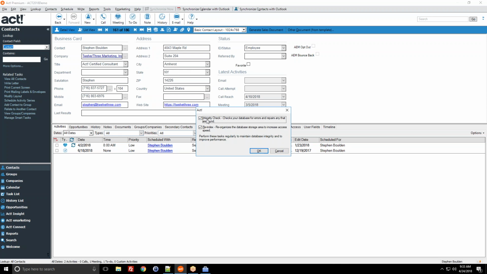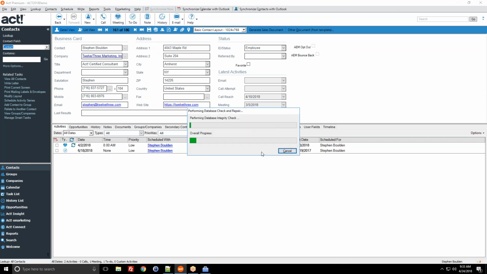If we do a check and repair, you get a window that asks you about an integrity check, which checks your database for errors and consistency, and a reindex, which will reorganize your tables and layouts and rows for the most speed. If we go ahead and run the check and repair as well as the reindex,